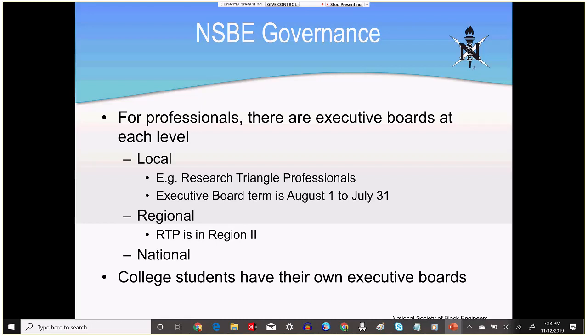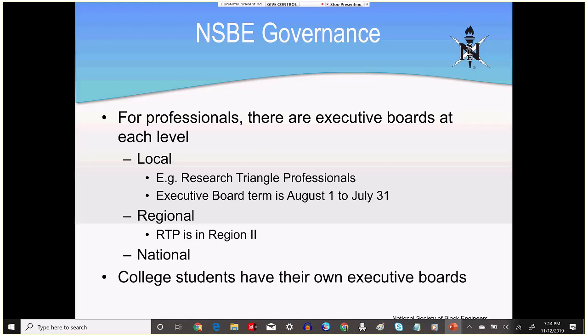Every year the membership will vote on the board, and we'll see the members of the board a little later on. So it's a bottom-up concept where the membership votes on the board of the local organization, whose term is from August 1st to July 31st.